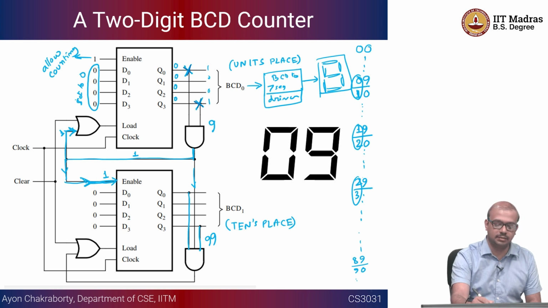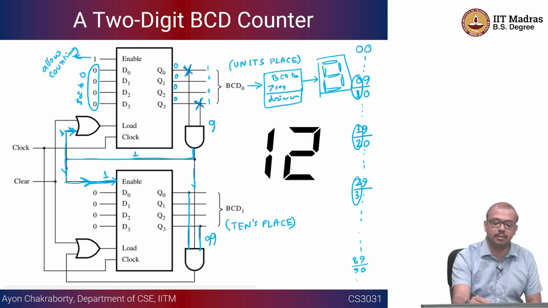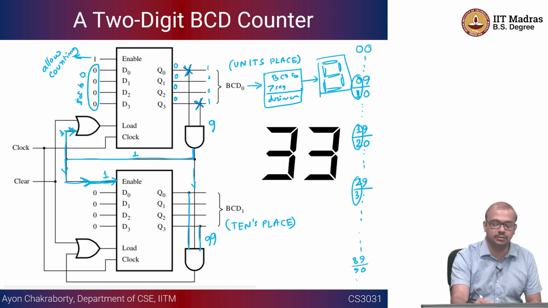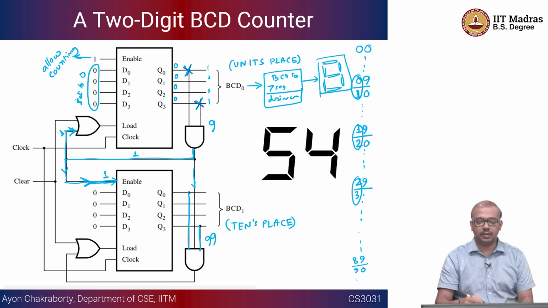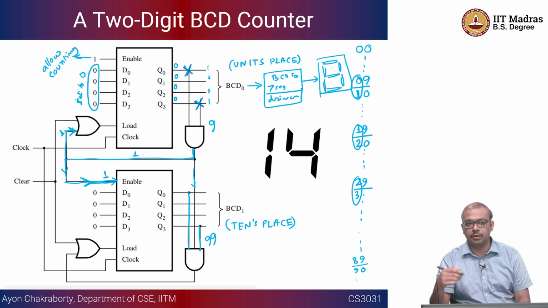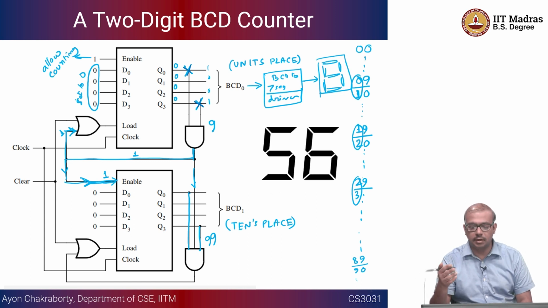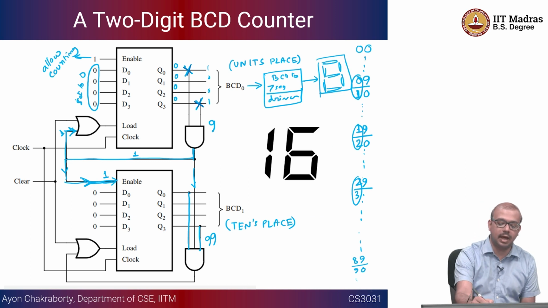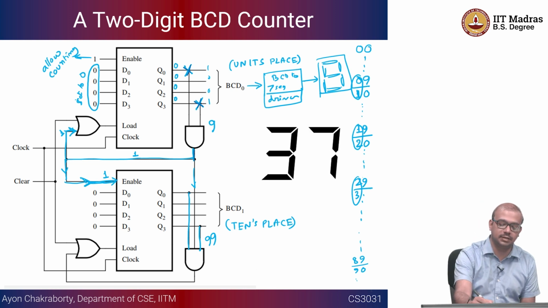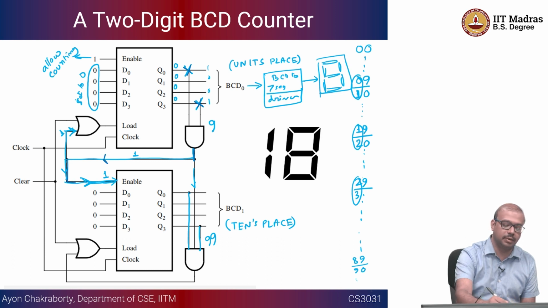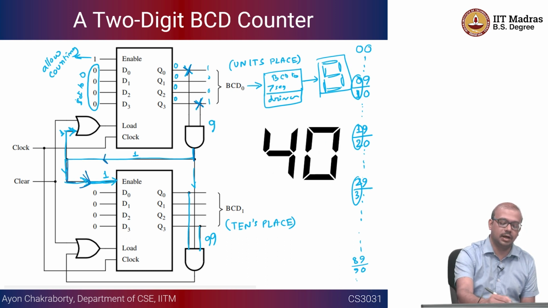And after 9, it is enabling the second one, right? So 00 to 09. After that, when this 9 is changing from 9 to 0, this is also going to increment this one, right? So after 09, it is going to become 10. After 19, it is going to become 20, right? So that part is actually captured by this flag. Whenever there is this 9 happening, this is going to automatically enable this particular counter, which is going to increment